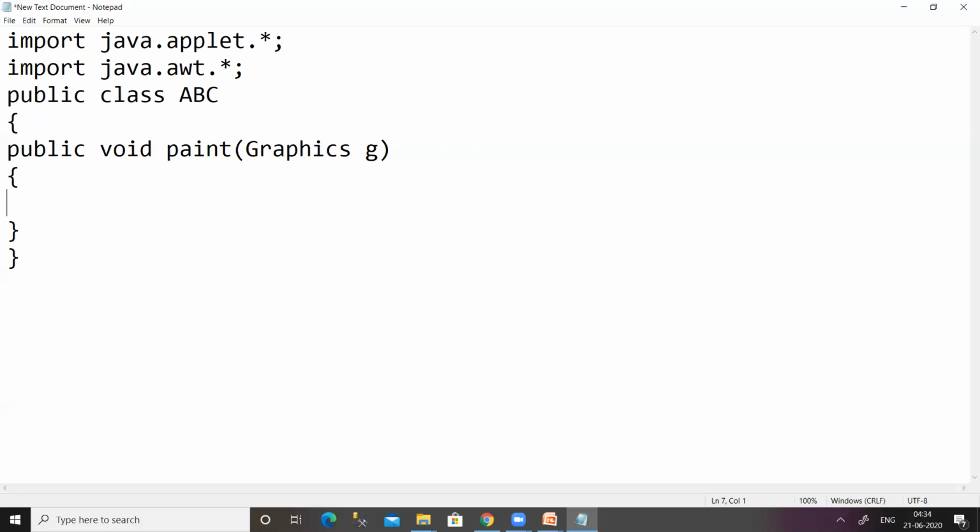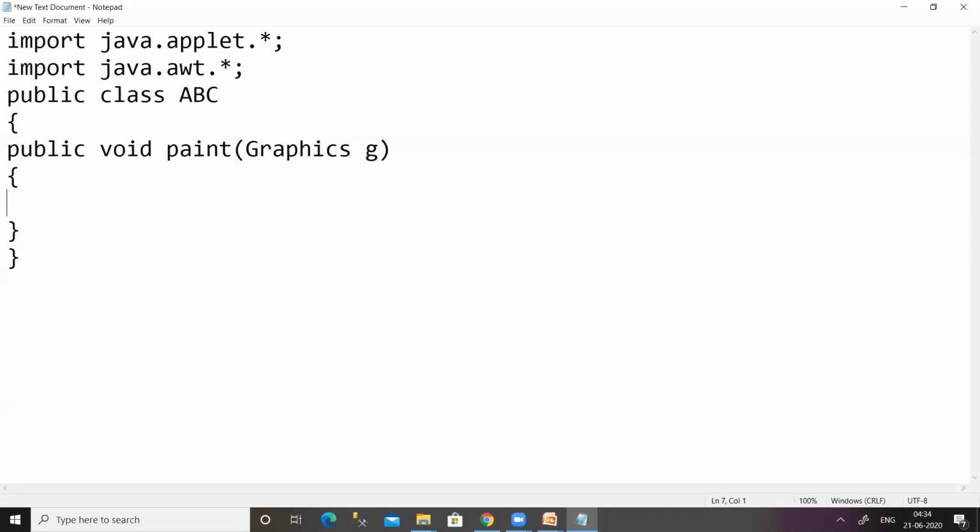By using that drawString method, we are going to print something on the output screen. That drawString method contains three parameters. The first one is the string, the second one is the position of X, and the third one is the position of Y.